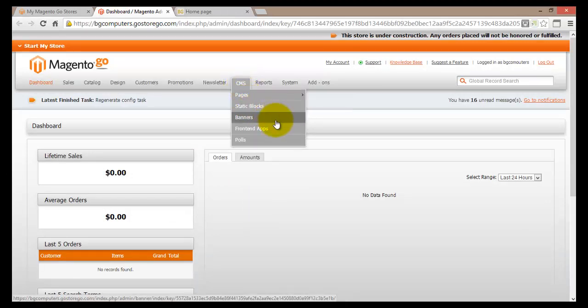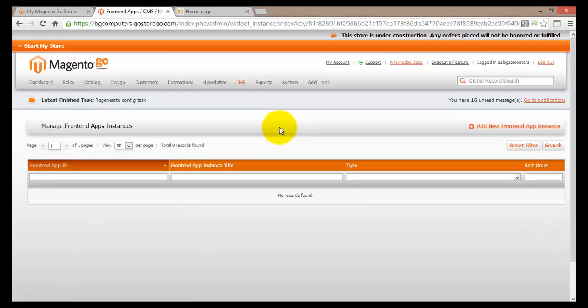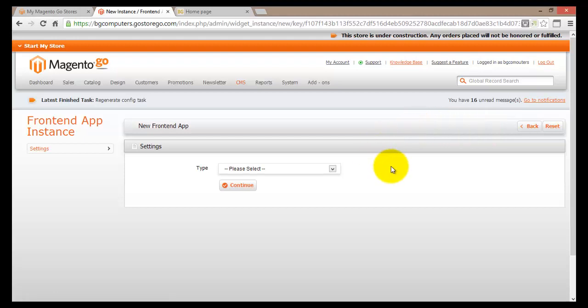Going down the list, we'll find front-end apps. After clicking on this link, we'll be presented with a manage front-end apps instances page. Alright, all the front-end apps instances will be displayed here. Currently we do not have any, and therefore we can just go and click on add new front-end apps instance. Alright, so this is the first page and the first step of actually adding a new front-end app,